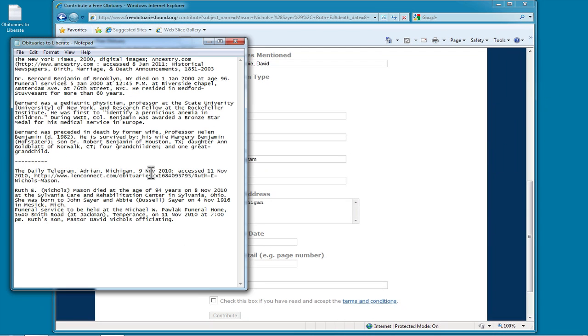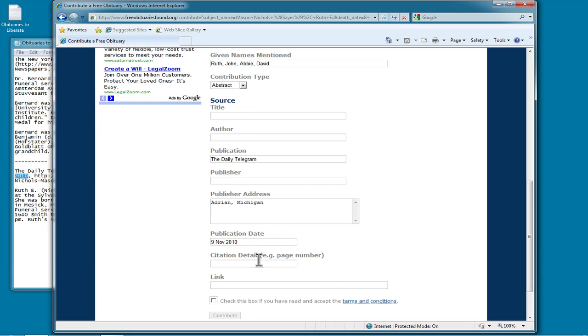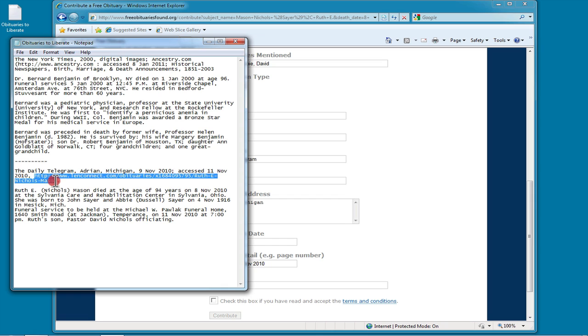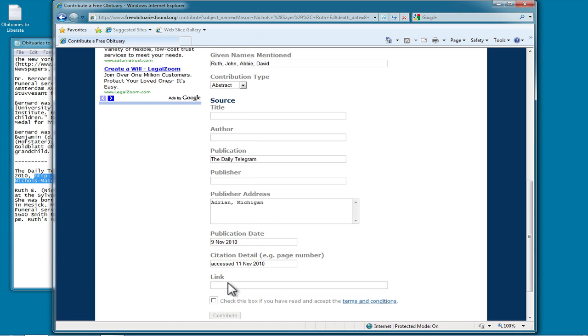And then I'm going to copy the rest of this and add accessed November 2010 to the citation detail. And then I'm going to copy this link to the actual online obituary and paste it into the link field,